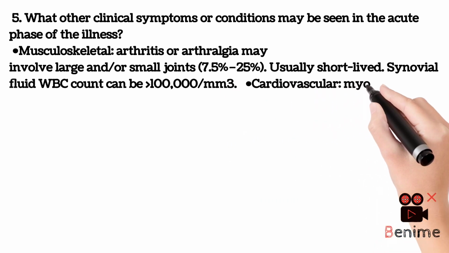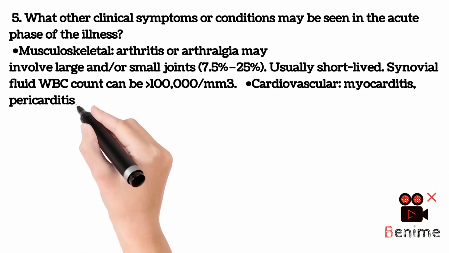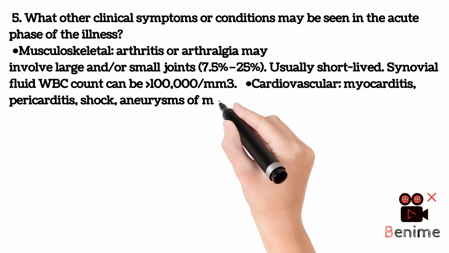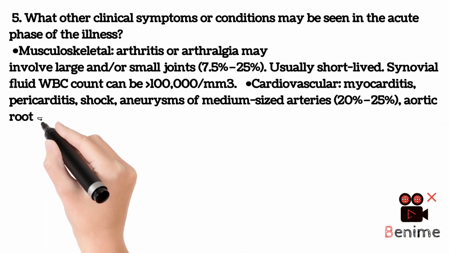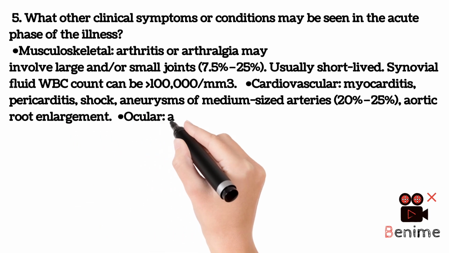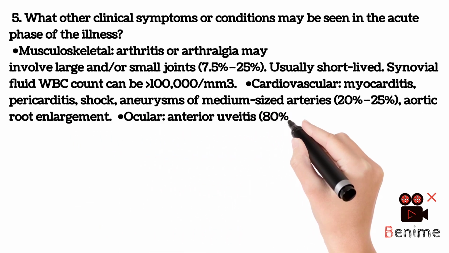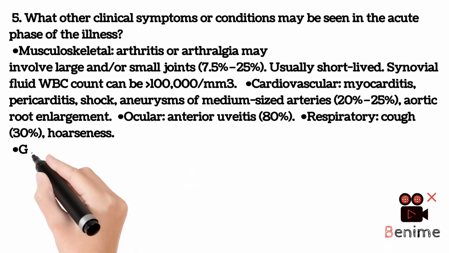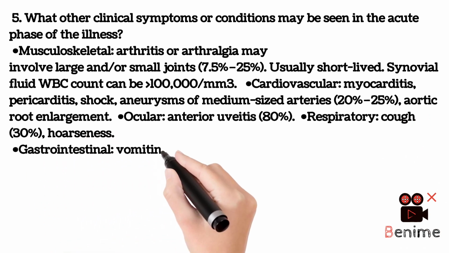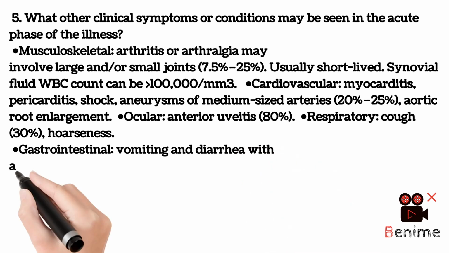Cardiovascular: myocarditis, pericarditis, shock, aneurysms of medium-sized arteries, 20%-25%, aortic root enlargement. Ocular: anterior uveitis, 80%. Respiratory: cough, 30%, hoarseness. Gastrointestinal: vomiting and diarrhea with abdominal pain,